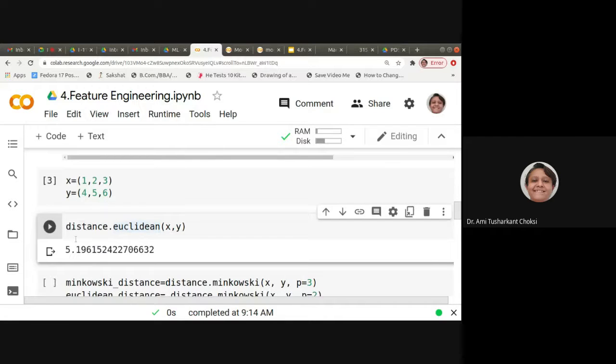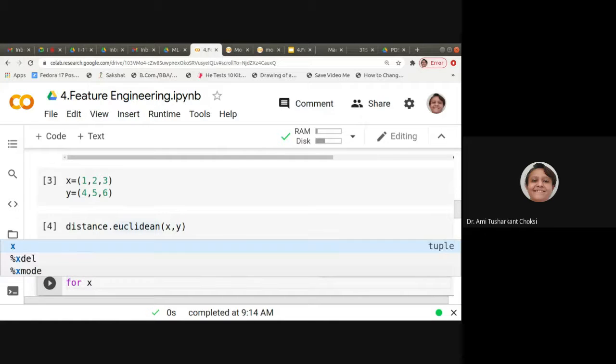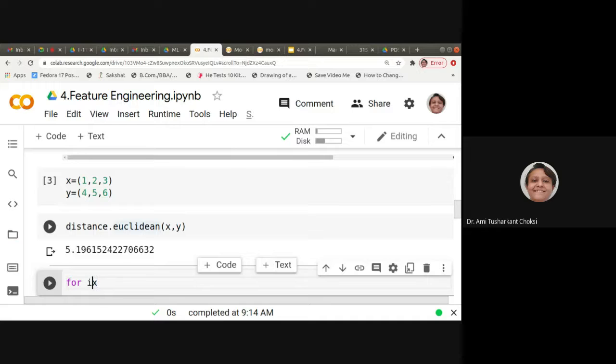If I do this, I'll be getting some result. Now how can we implement that very easily? We should have a for loop for, say, x. I'm not writing the whole syntax, okay? That you yourself will write. For x, that means for, say, i in x, typically we used to do.